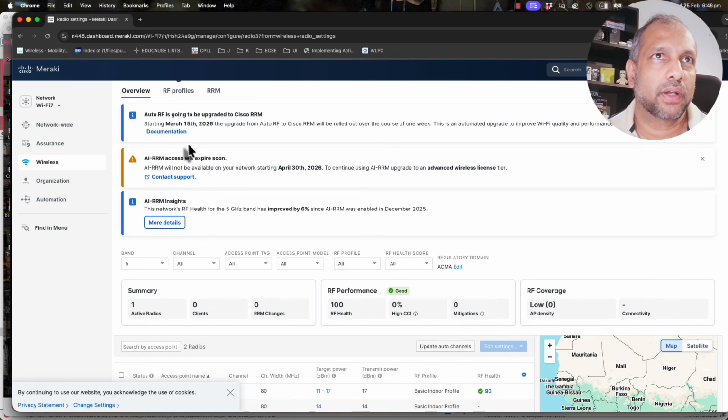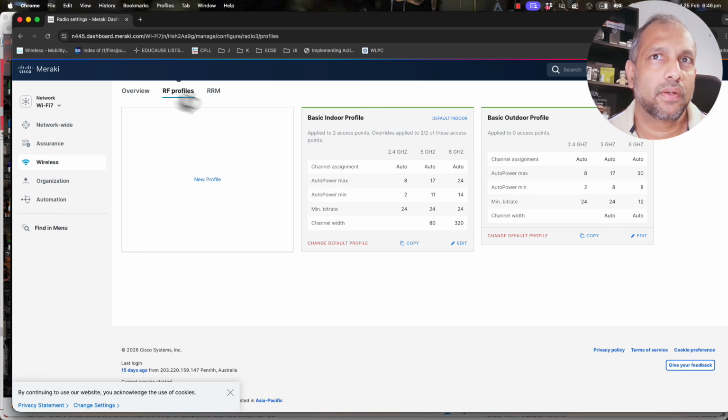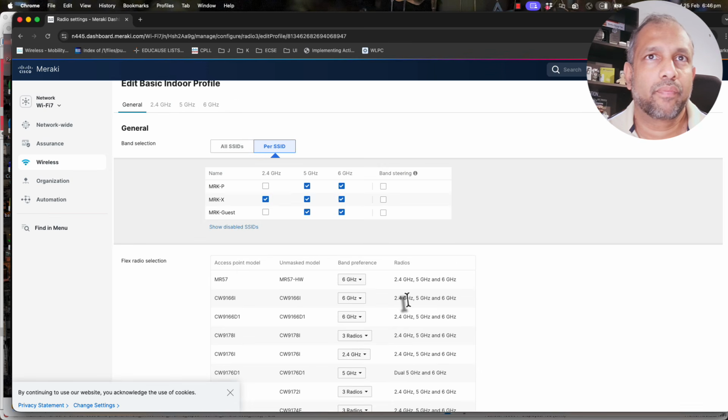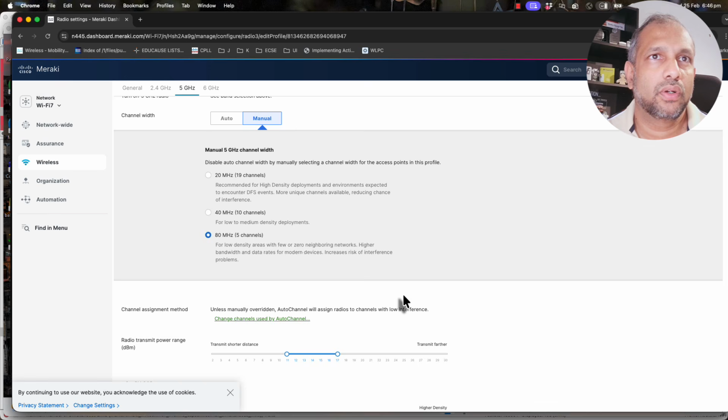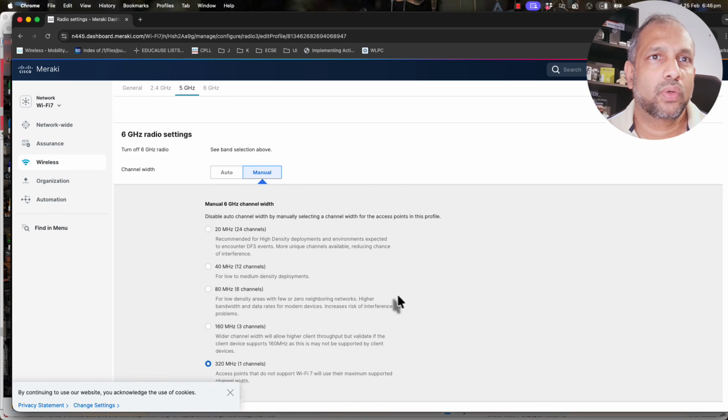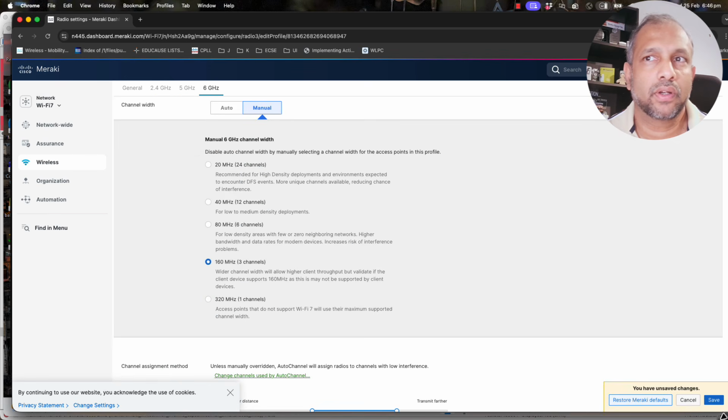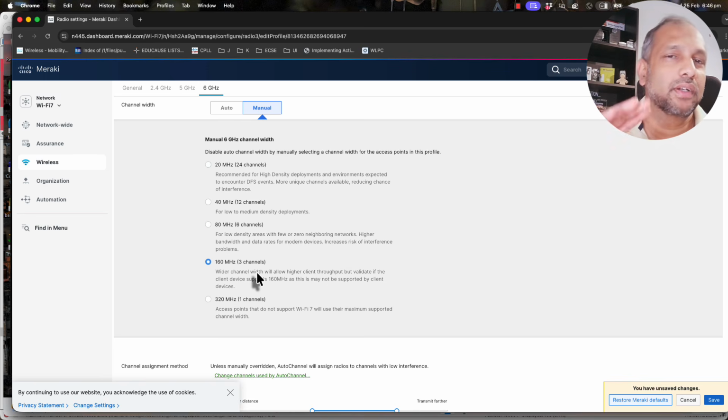So you go to the RF profile, and I will change this 6 gigahertz value to 160. Once I save and apply,